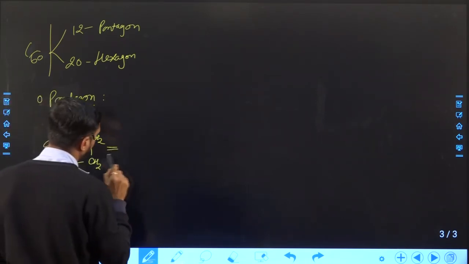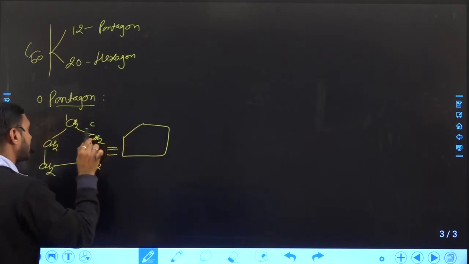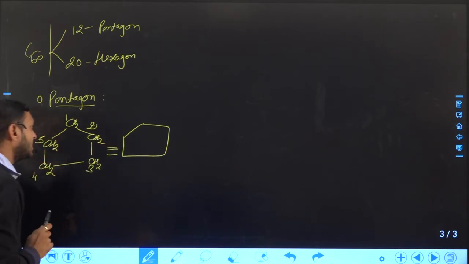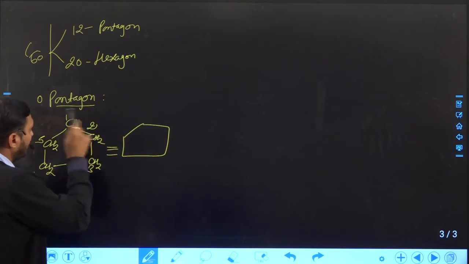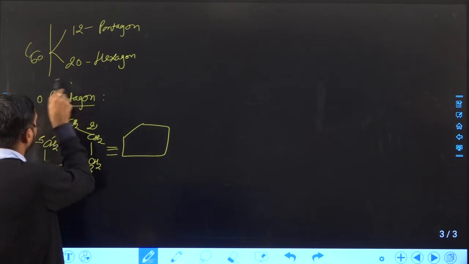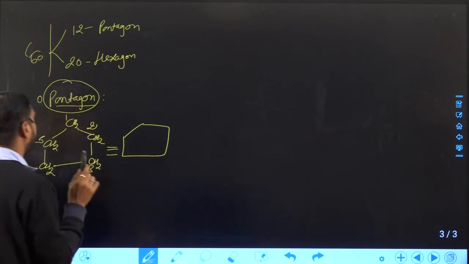It can also be represented like this. So you can see the total number of carbon: 1, 2, 3, 4 and 5. Right. So it contains 5 carbon. That means a 5 carbon containing ring is nothing but a pentagon ring, and this ring is also present in the